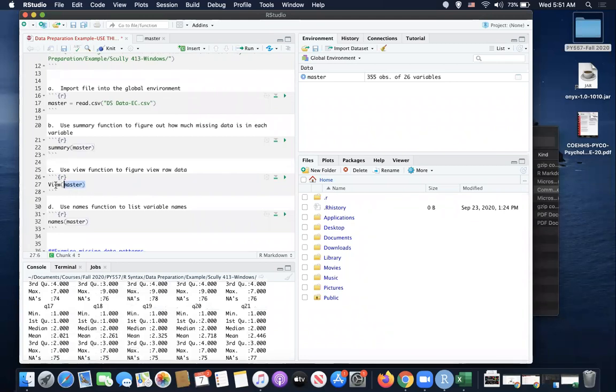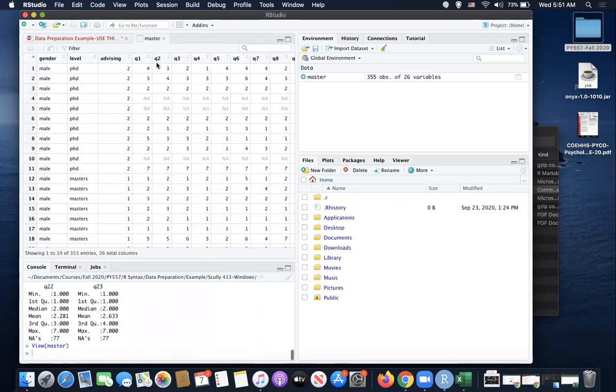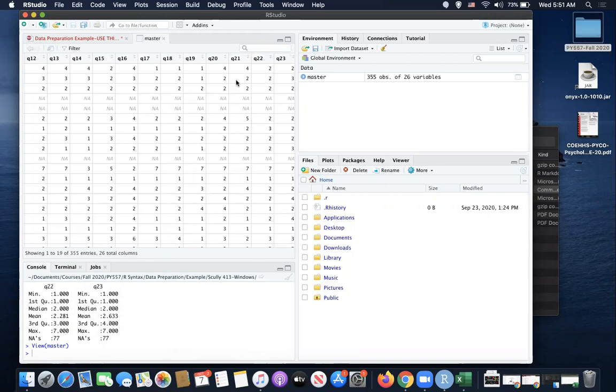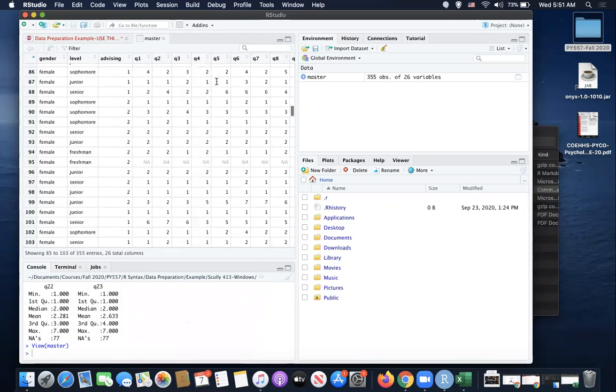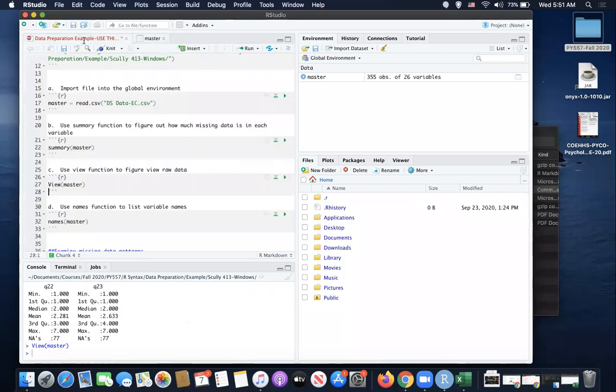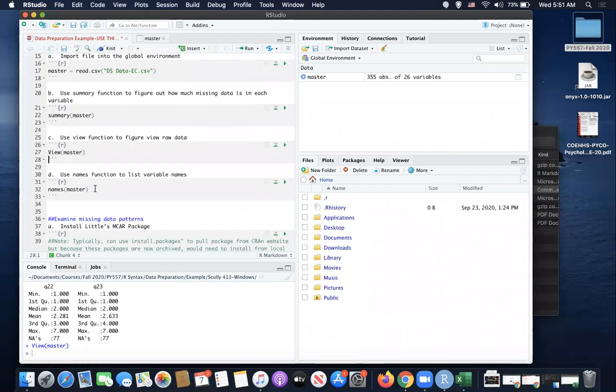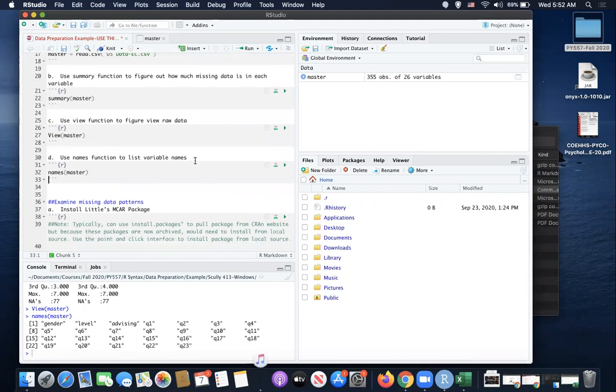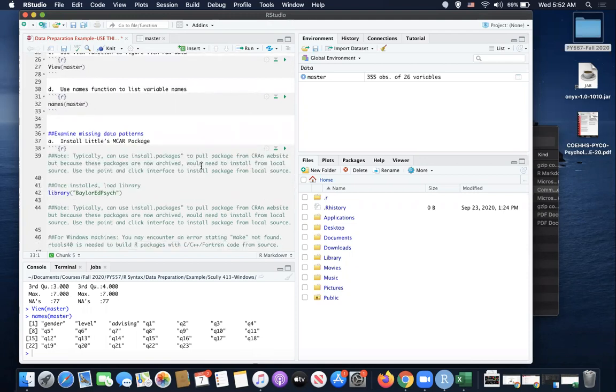The View function, and notice that V is capitalized, allows me to view my data right here, just like how I would see it in Excel. And by using the names function, it lists the variable names: gender, level, advising, Q1, all the way to Q23. So now that I know that I've imported the right data set and everything looks about right, let's examine some